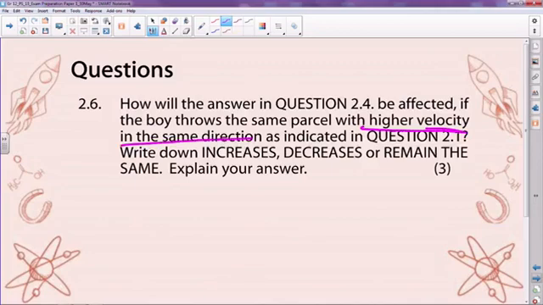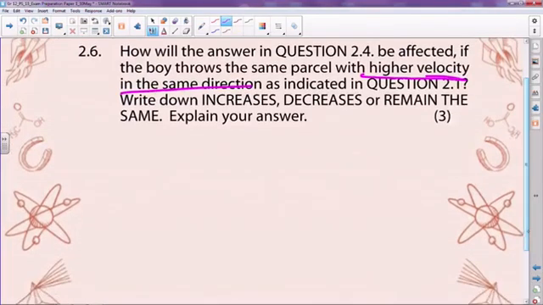And then they say, increase, decrease, remains the same. So what you need to recognize here is your change in momentum must remain constant. Your total change in momentum, okay? So because we're going in opposite directions, what's going to happen here is if the change in momentum for the